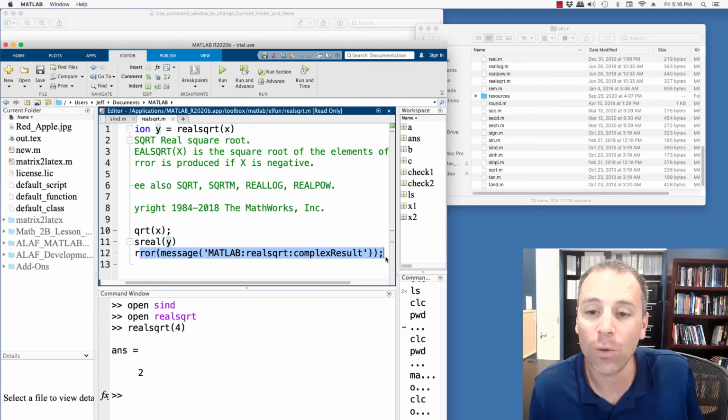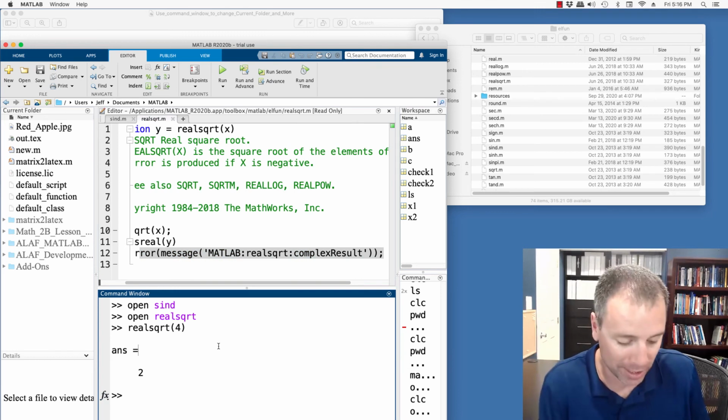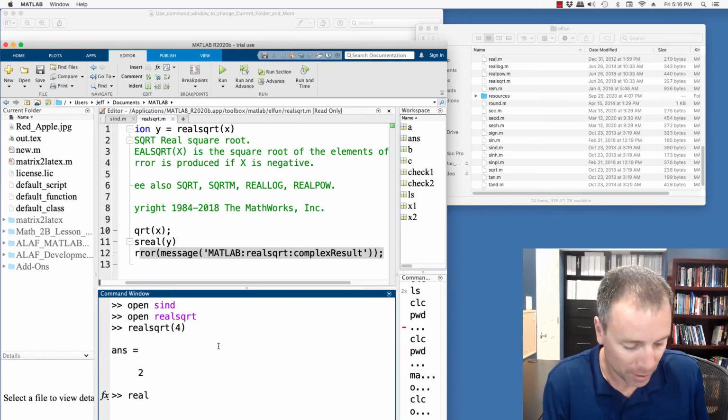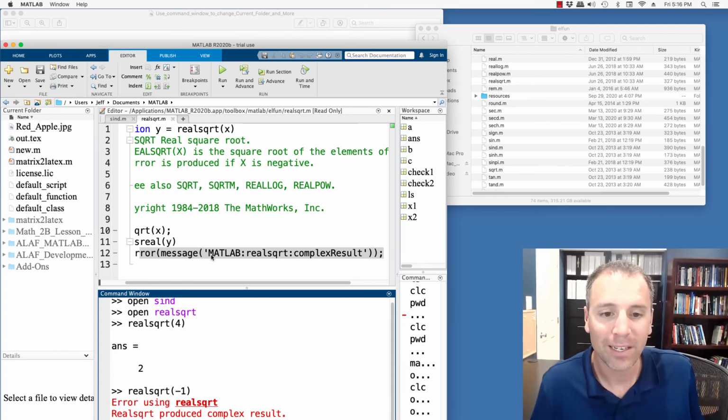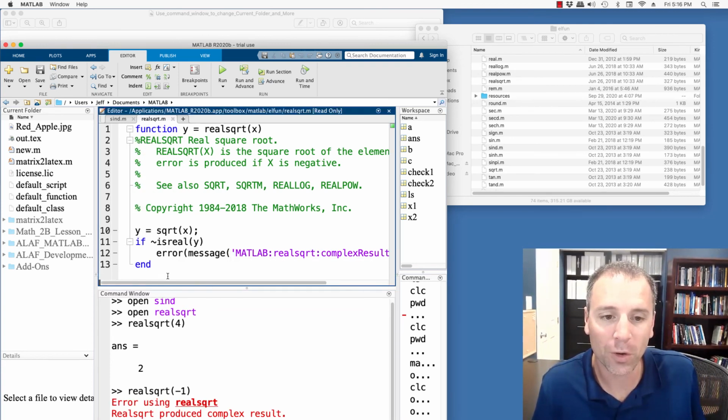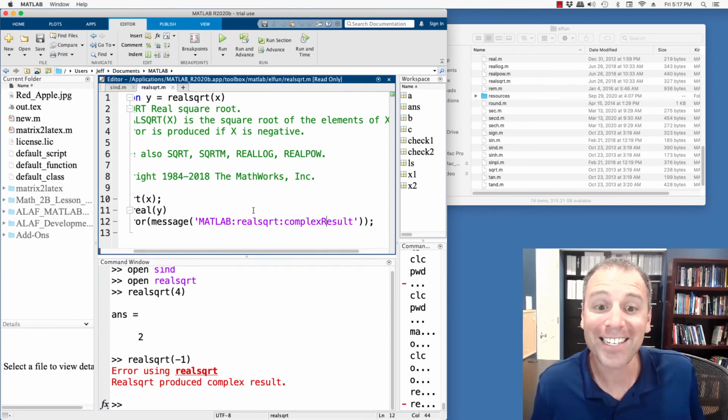And if it isn't, it will give this error message. So let's go ahead and do realsqrt of -1. That error message, realsqrt of -1 is i. So sqrt produces i. MATLAB checks: if y is not real, then produce this error message. And that's exactly what we see here. It produced that error message.